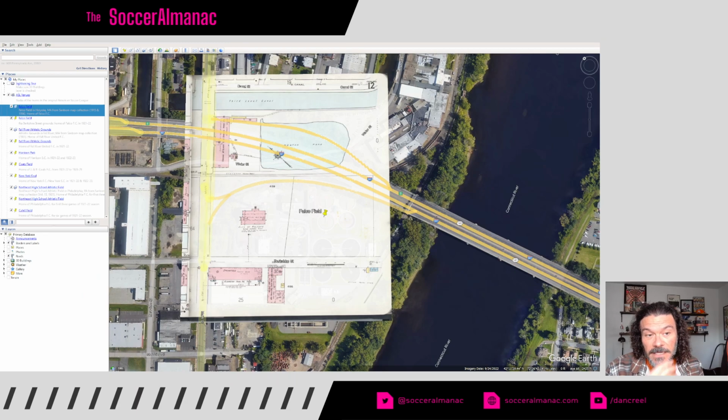Falco Field, here's another overlay. It pretty much at this point in time was a field. I'm not sure how many stands they had. It also was earlier known, as you see underneath it here, as Berkshire Street, also known as Berkshire Street Grounds. I think that was the name of it before Falco took over. And Falco is a shortening of Far Alpaca Corporation.